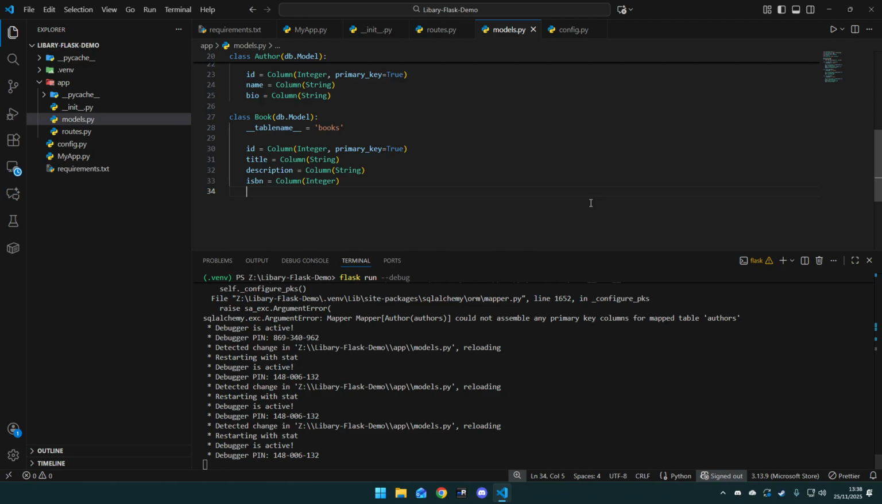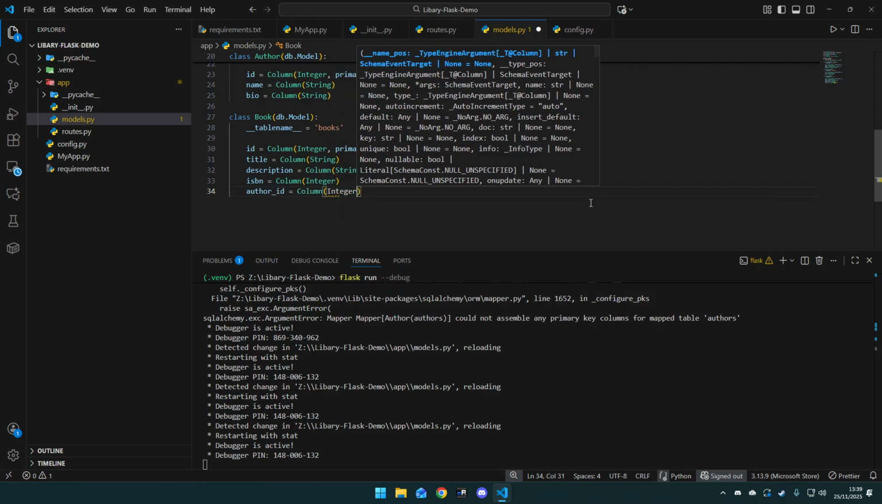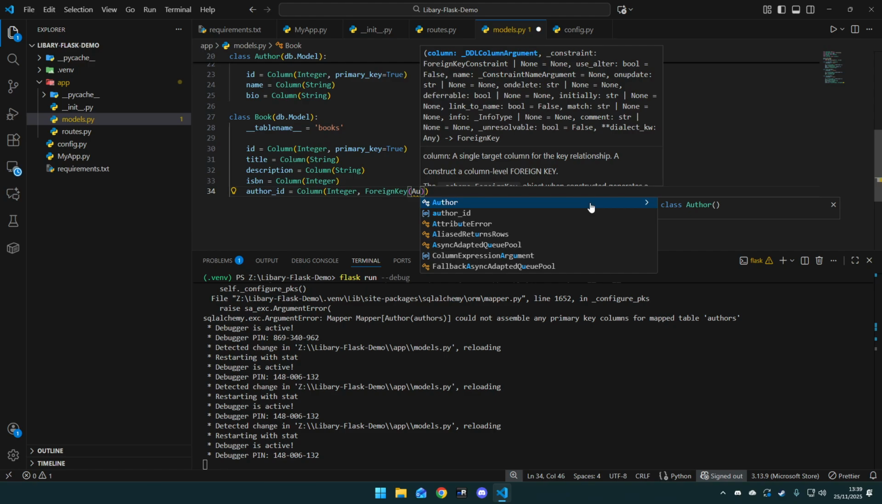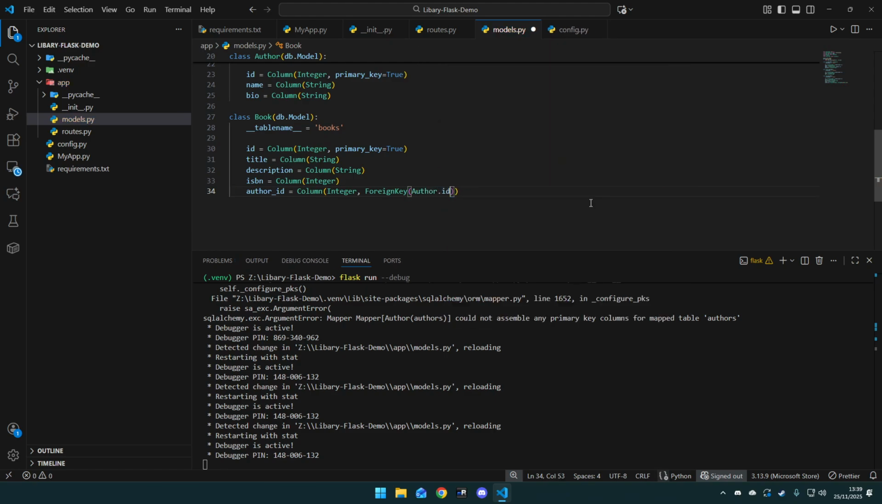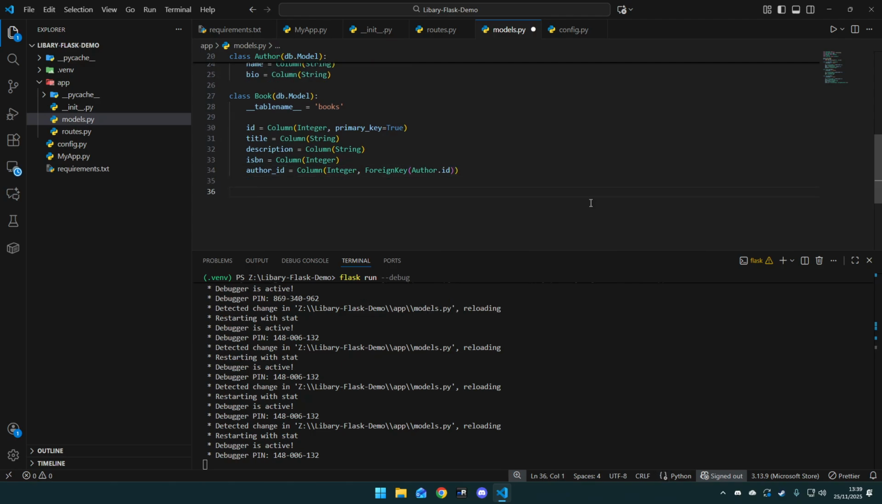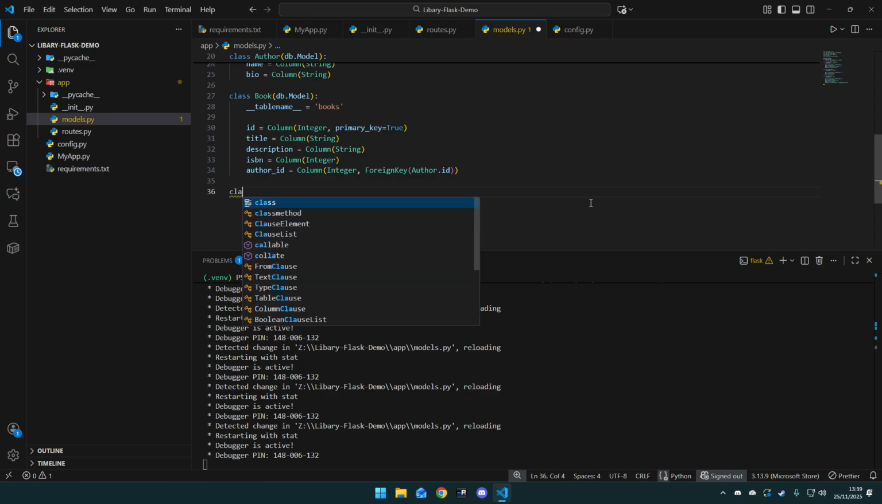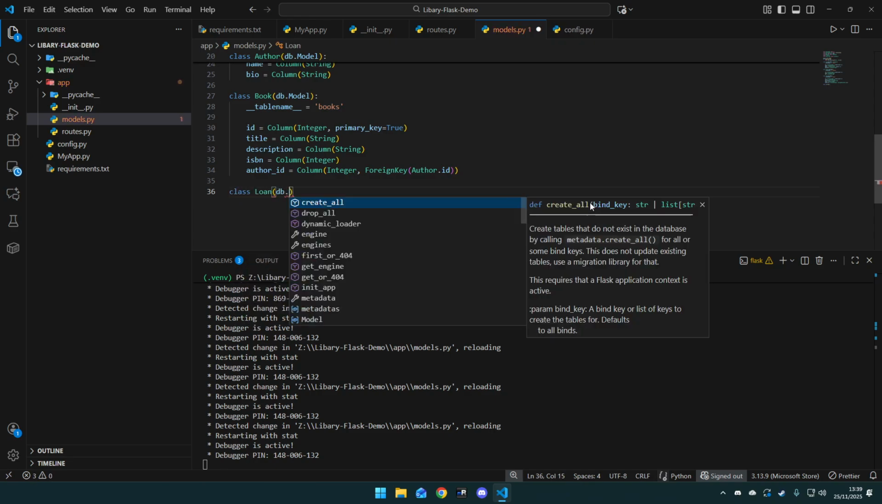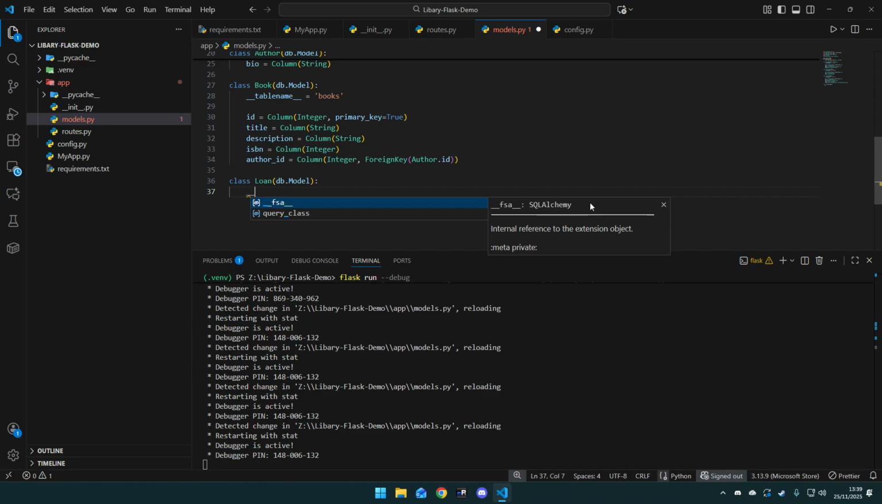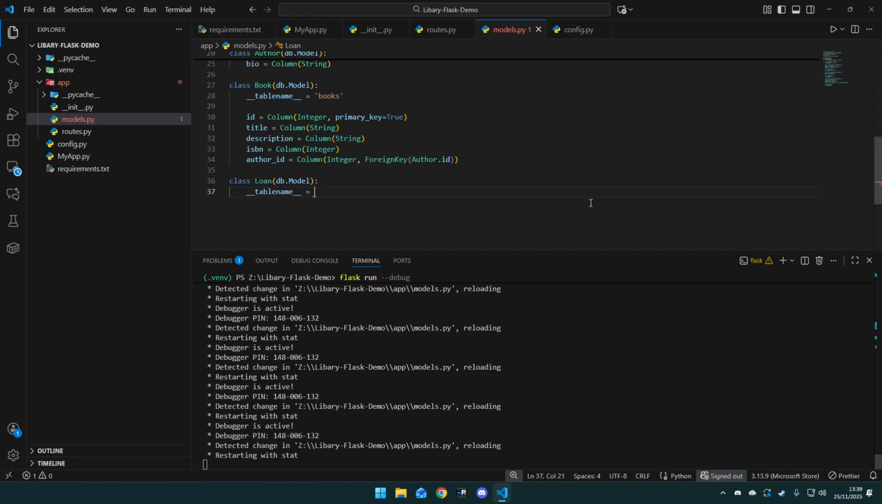We got our ISBN. We also need our author ID, which will be a column of type integer, because IDs are always integer, and it will be a foreign key from the author.id table. And the final one we need now is our loan, which will extend from db.model and the table name is going to be loans